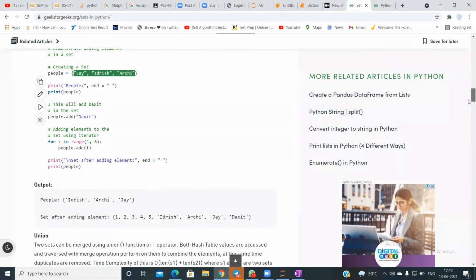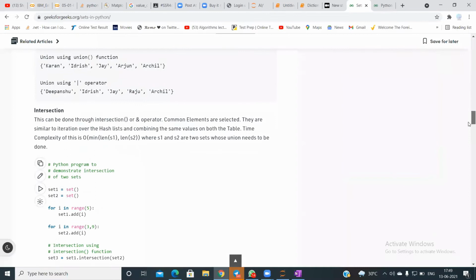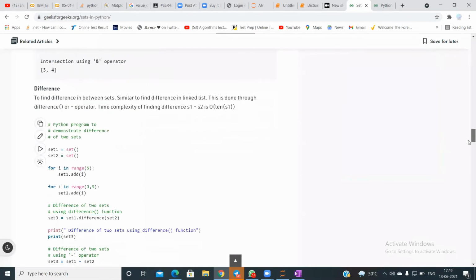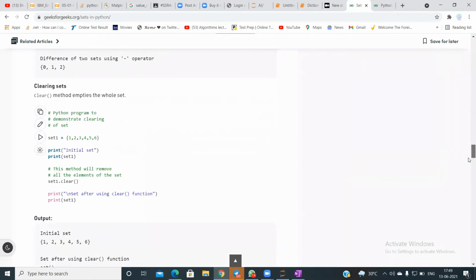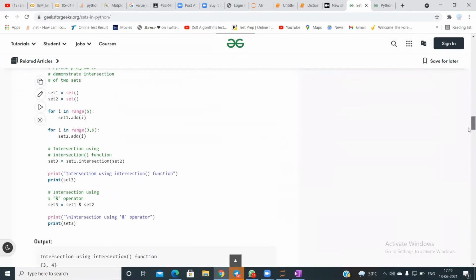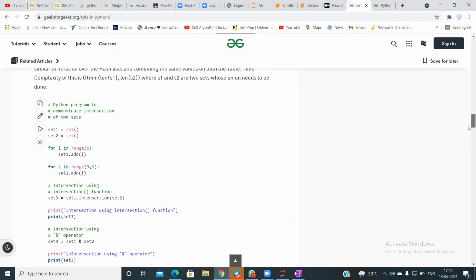So this is one thing. Regarding sets, I don't think we'll be using union and intersection that much. I'm not sure, Om, do you want me to go through all these operations? Because I am not sure that we'll be using them.